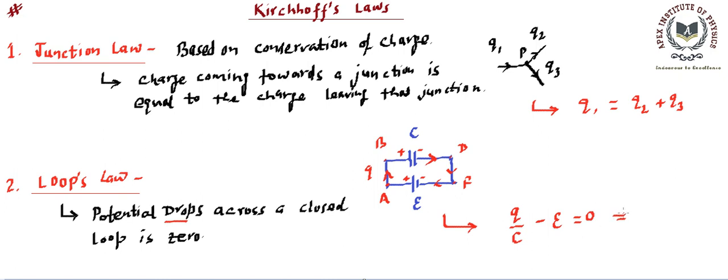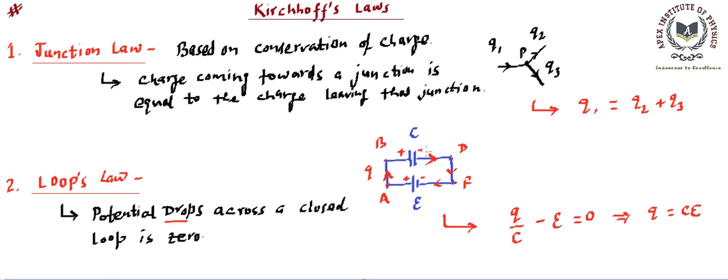And if we simplify this, from here we can find what the charge on the capacitor is going to be. That's going to be C into E, right? That could also have been calculated by using the simplest concept, like the potential difference across this capacitor is the same as that of the battery. But this law is more general. This can be applied in any loop having n number of circuit elements. Circuit elements means battery, capacitor. Later on we will find resistances, inductors.